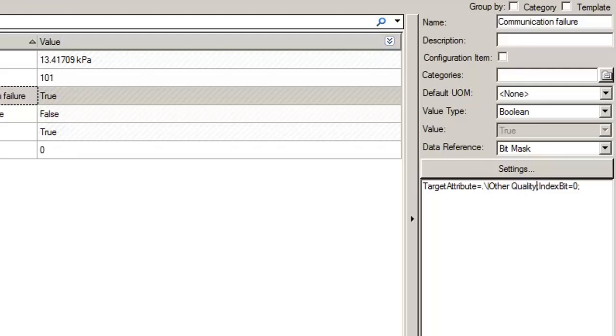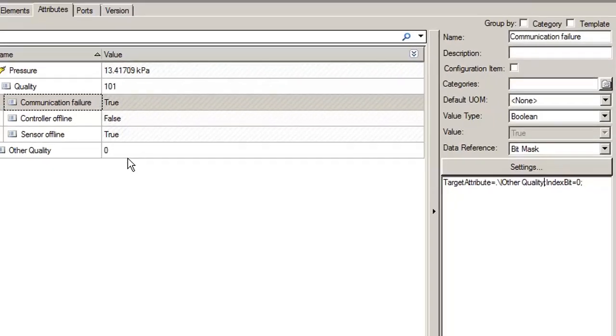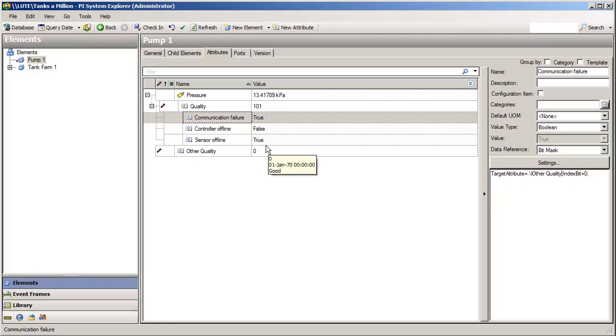Again, I'm using a path syntax relative to where I am in space. So I need to go up to the element level and grab the other quality attribute, which is at the root. Let's apply that and see what happens. And sure enough, my value changes to correspond to that other quality.